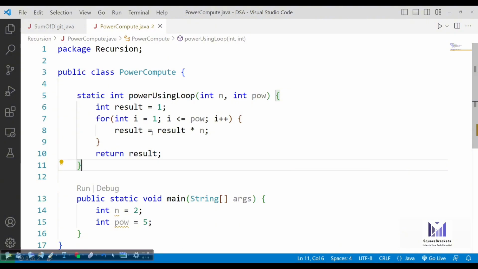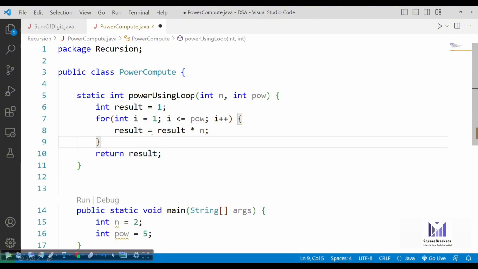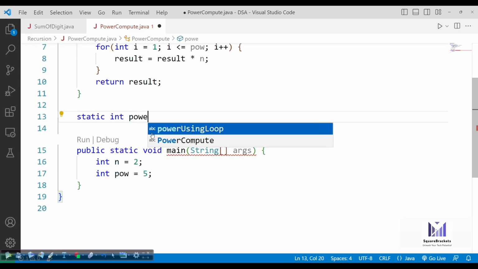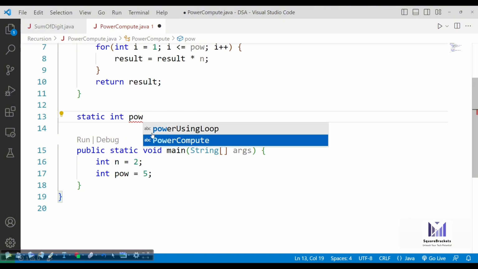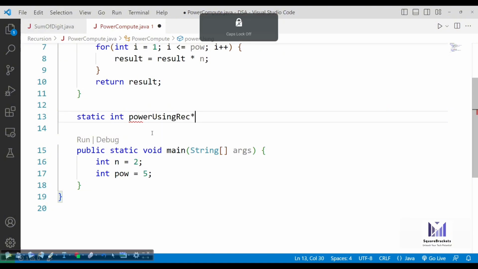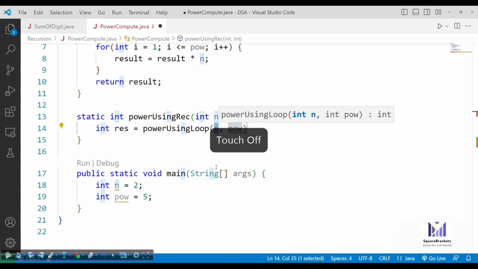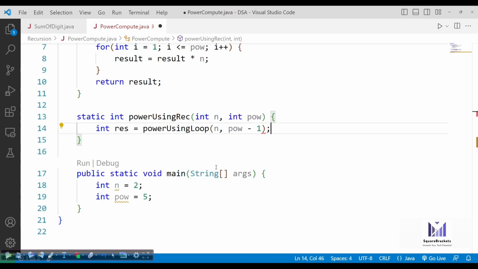Now let's talk about the recursive version. So we can write here static int power using recursion. And there we need int num and int power. Our primary logic is that we need a variable, suppose result, and then I'm going to call n and power minus 1.